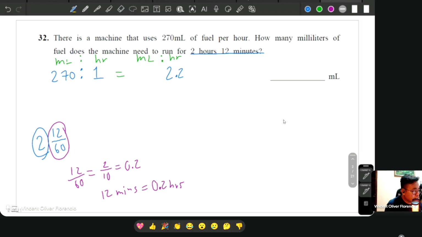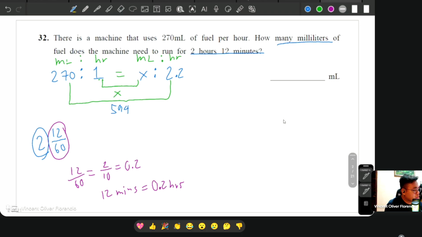Now, the one being asked is how many liters. That's why this is the one we're looking for. We can represent that first as a variable x, your favorite variable. And then the rule of ratio and proportion, we have here the means and the extremes. 1 times x is x. And then we have here 270 multiplied with 2.2. You can just try it on your own. But 270 times 2.2, that should be